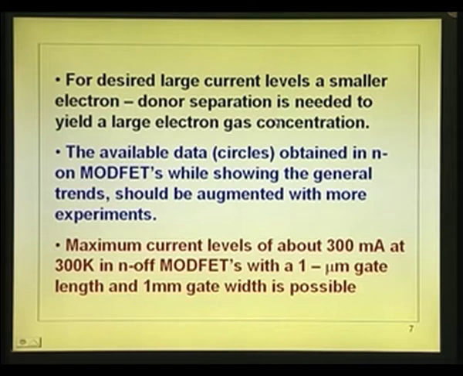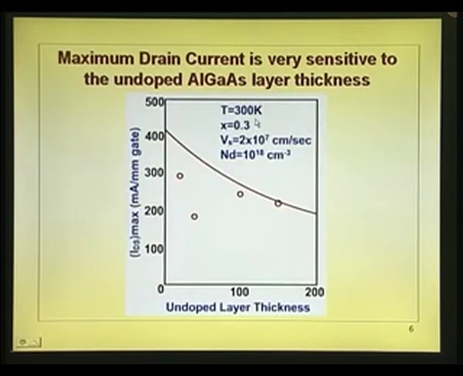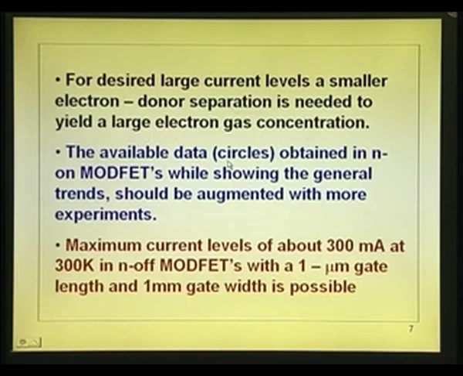Reduce the spacer layer or the setback layer, both names are there, and you get better electron concentration. That is just me repeating, in the form of words, what is said in this diagram. Available data shows some results, maybe many points; more points are required to fit better. Maximum current levels of about 300 milliamperes